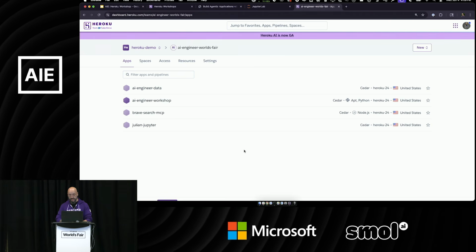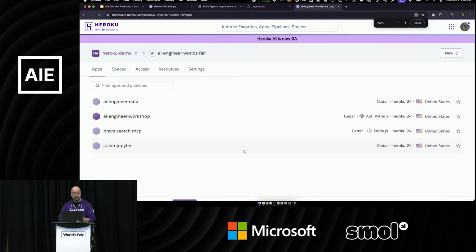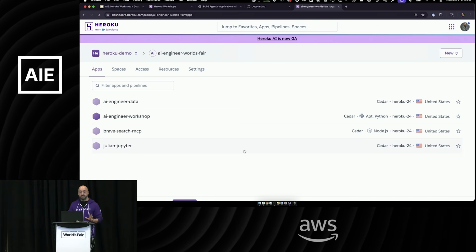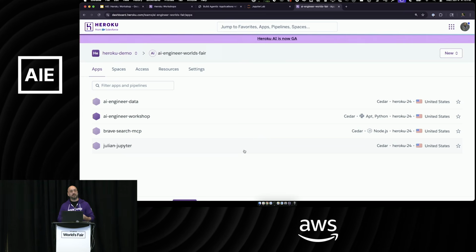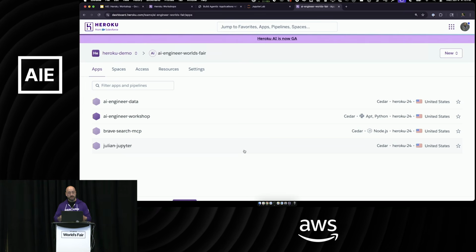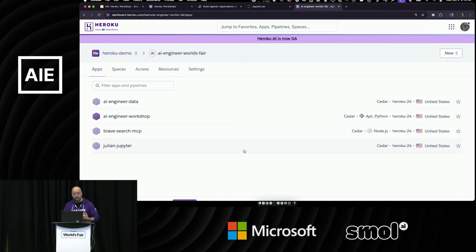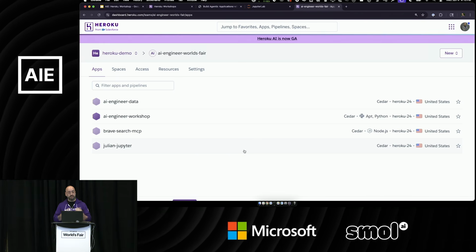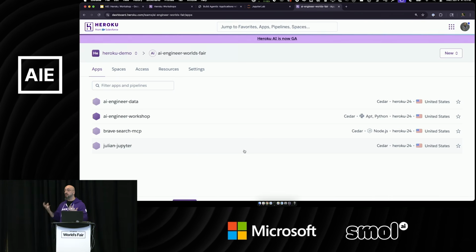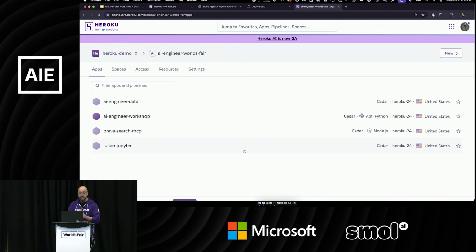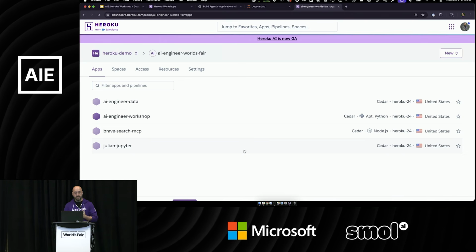From the Heroku dashboard, you go to dashboard.heroku.com, you log in, and you should get access to this view. We already have some pre-deployed applications here. The workshop that I will be showing you, the Jupyter Notebook, the Brave Search MCP, we are going to use a pre-existing MCP to give you an example of how to call that MCP from the Managed Inference and